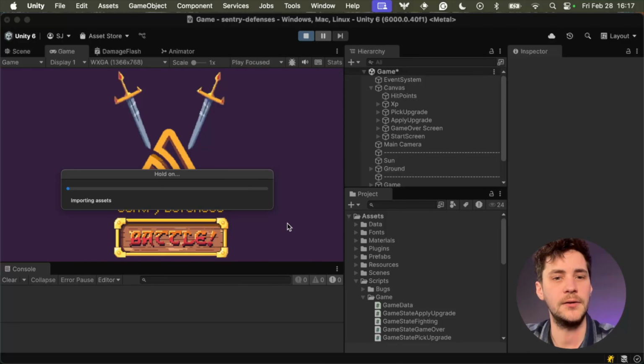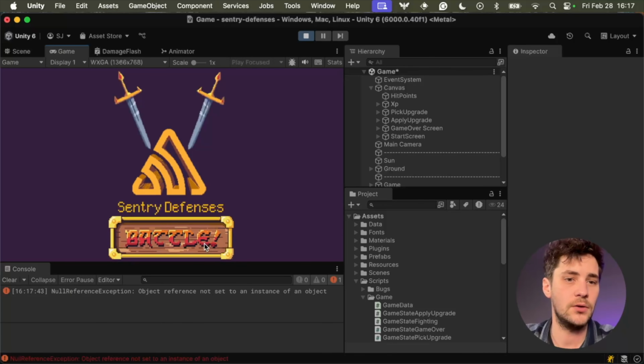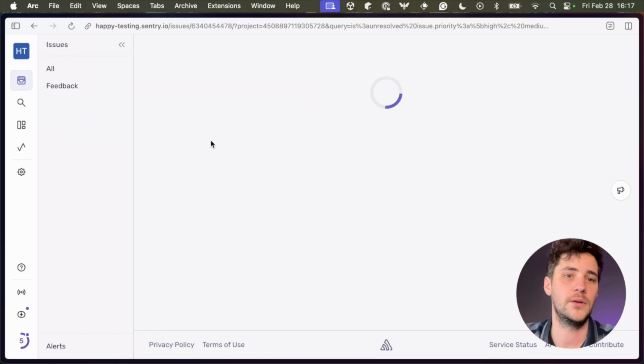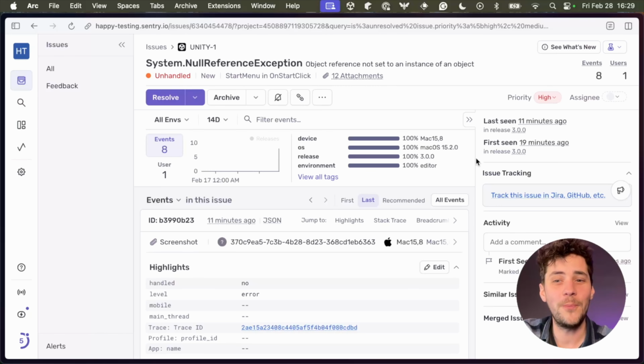If we hit play again and we head straight into battle, we're still running into the same null reference exception. But let's see how Sentry presents this to us. If we head over to the dashboard, we get an issue stream of all the issues that are currently coming in for our games. The null reference exception matches the one that we just triggered in the editor. When we open up the individual issue, we get to see all the context information that the SDK was able to provide for us. We get to see how often this occurred and when, and how many users were affected. It also shows you information about the device and the operating system, and based on the release it was able to read, it can also tell you whether there's a regression going on or not.